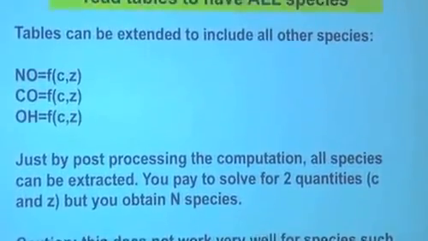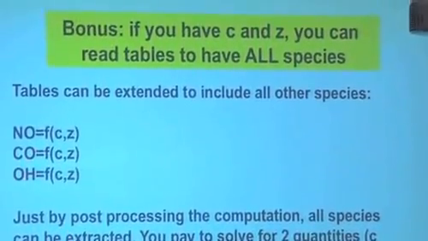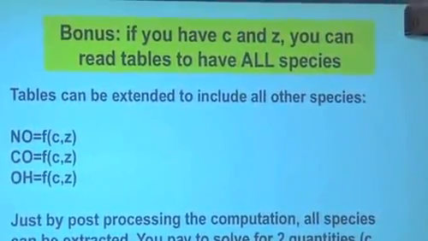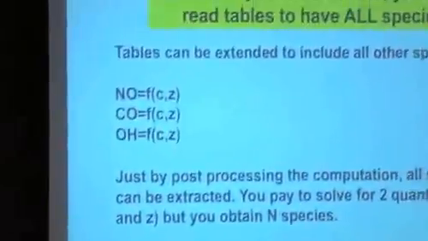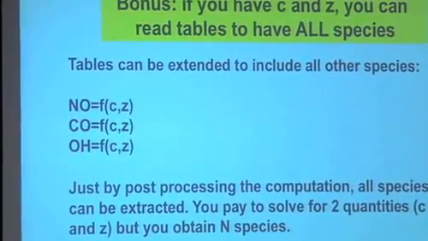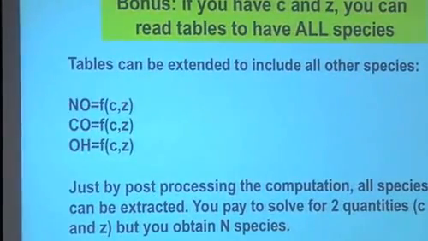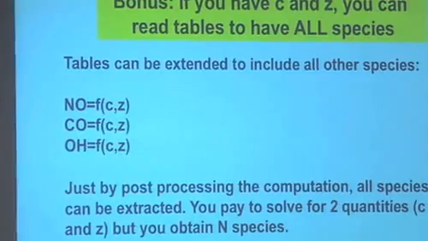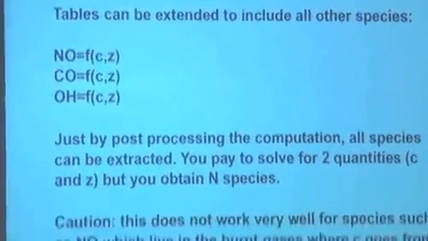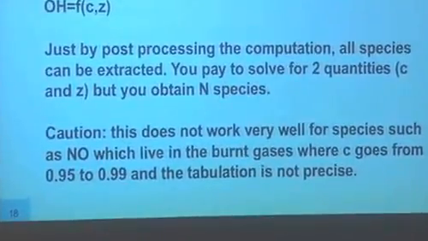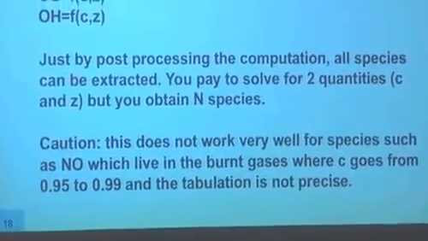And the nice thing is that if you have C and Z, after that you have all the other quantities. After the computation, if someone tells you, oh, what is the CO level, what is the NOx level, well, you just go there, because if you have tabulated the reaction rate, you can also tabulate the NOx, the CO, the OH, whatever. So when you use the tabulation methods, by the way, as a post-processing tool, you can have access to all these things. But you still pay only for 2 quantities, okay? Pay for 2, you get 300. A good deal.